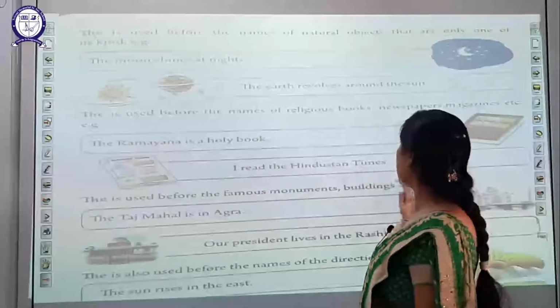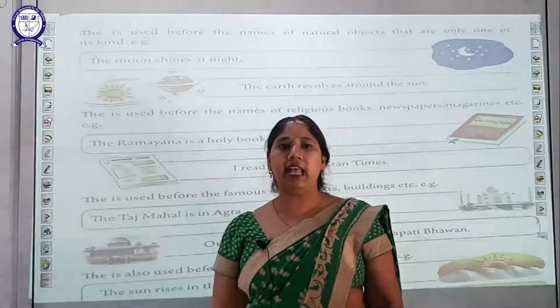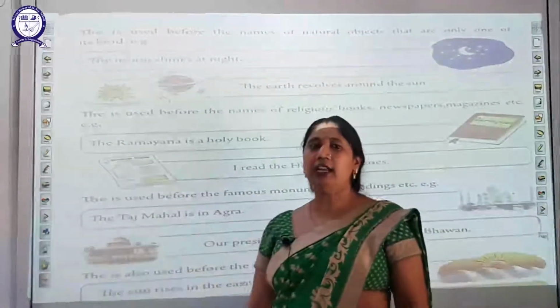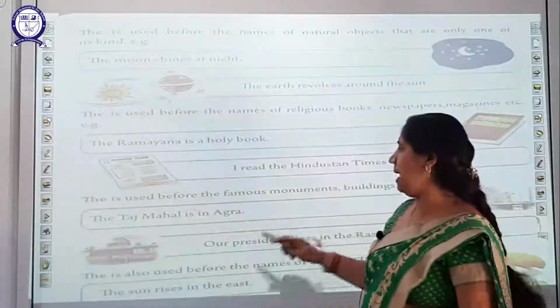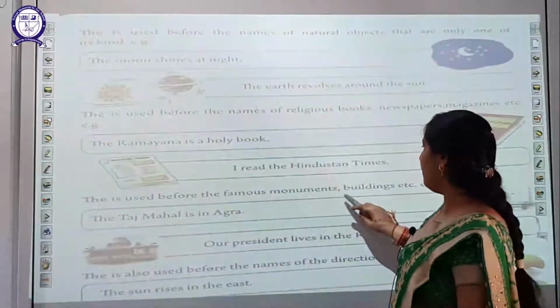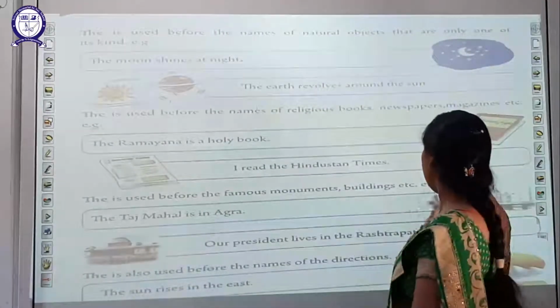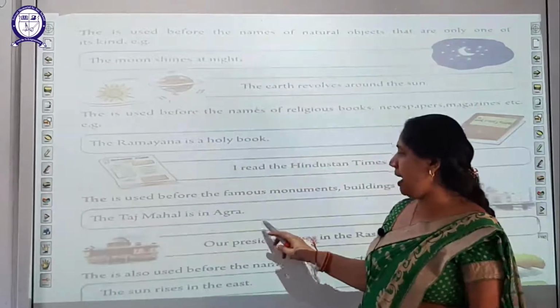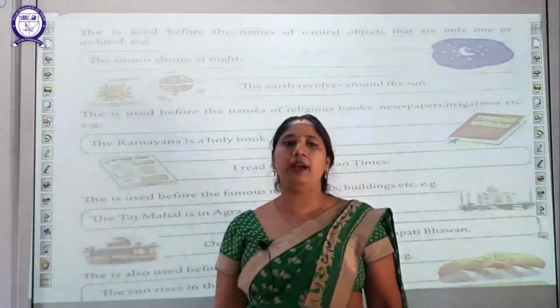I write the Hindustan Times. Hindustan Times is the name of a particular newspaper. So we have to write here the Hindustan Times. The is used before the famous monuments, buildings, etc. For example, the Taj Mahal is in Agra. So Taj Mahal is a particular